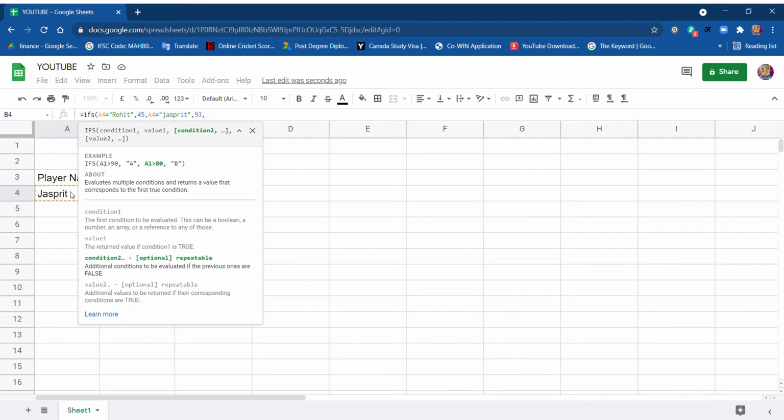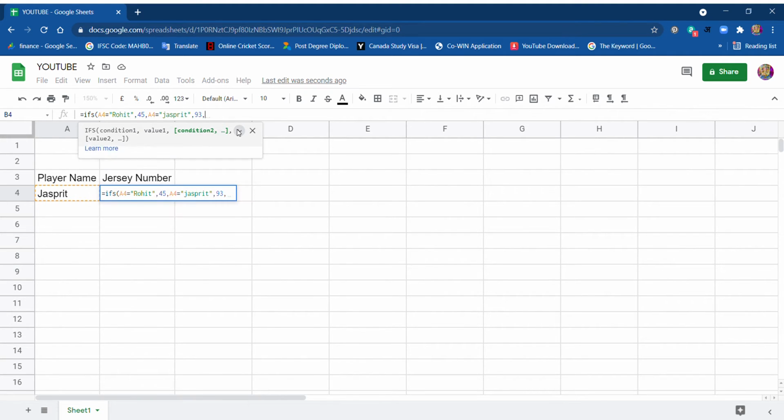Then comes condition 3. In this small square that opened up here, they haven't shown condition 3, but you can type as many conditions as possible. They have mentioned here optional or repeatable. So the first condition was A4 is equal to Rohit, then give me value 45.